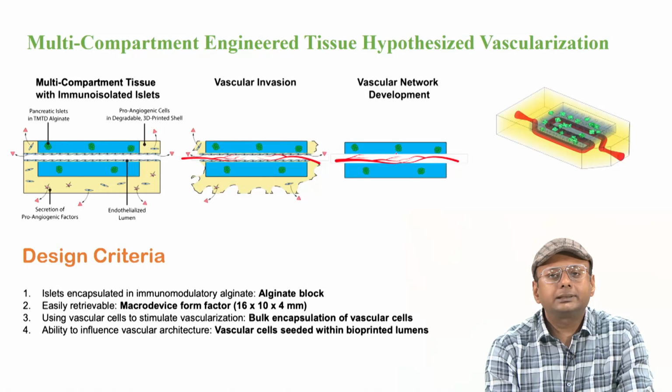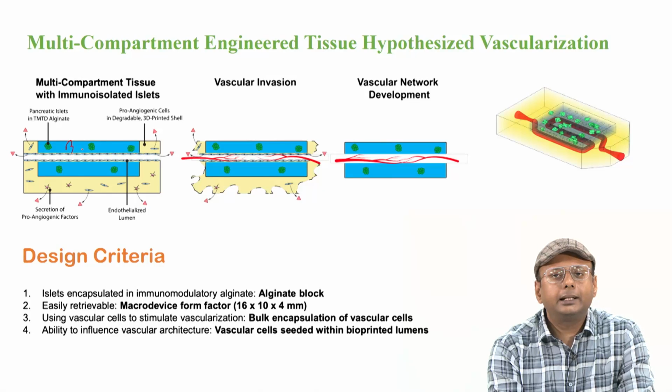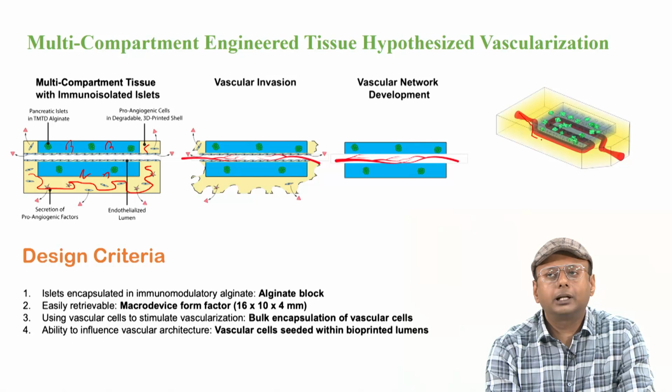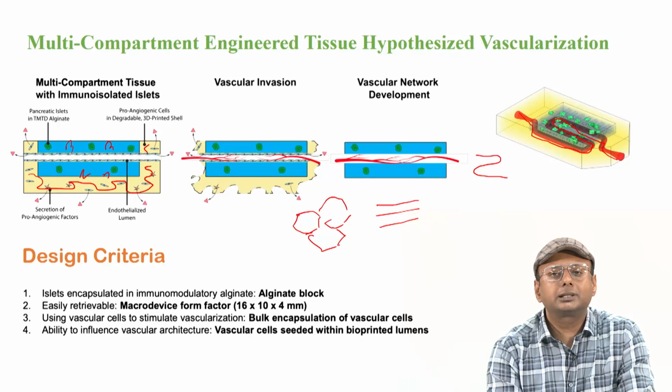So the eventual goal is to create a certain design system where we have a core-shell type of structure. In the inner core part we will put the beta islet cells. In the outer layer we will put the vascularized device, which will have a specific patterning, and this patterning will attract faster vascularization. So you can see in the outer shell layer we can have different architecture patterns. It can be serpentine, it can even be parallel lumen, right? It can be different octahedral type of structure, hexagonal and octahedral structure. It can be honeycomb structure. So all this pattern architecture